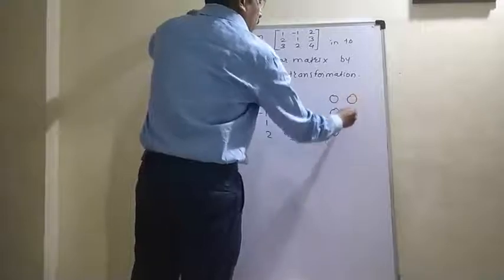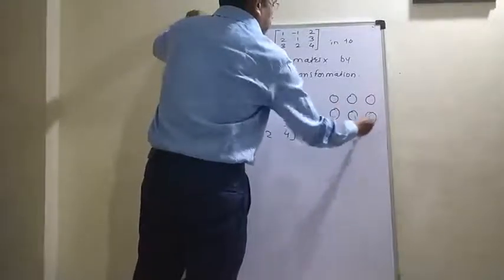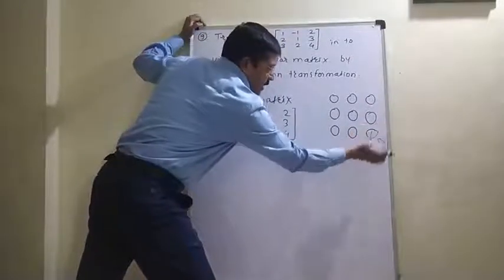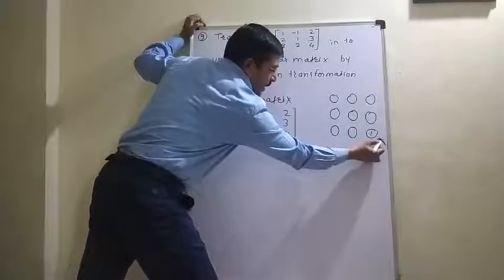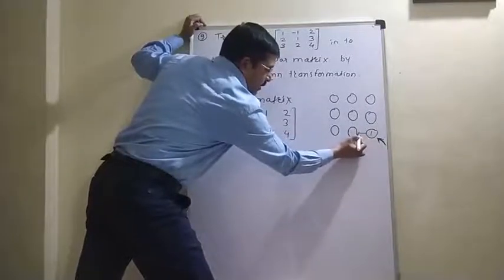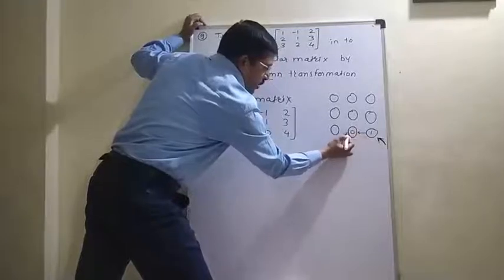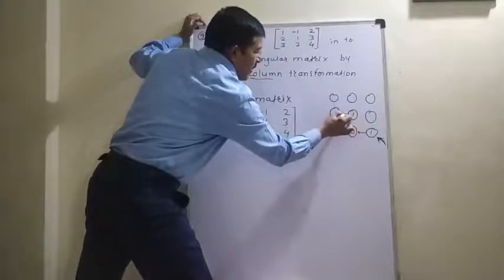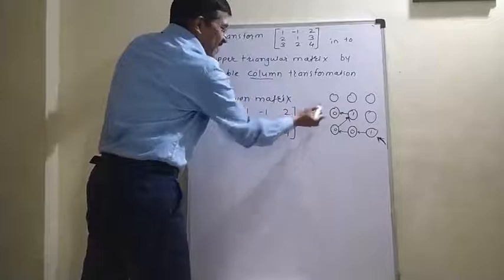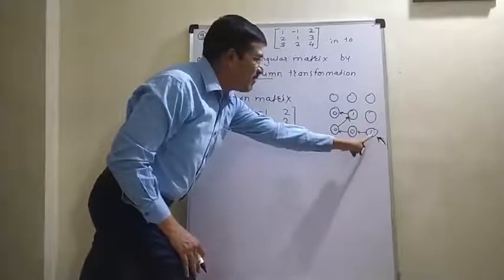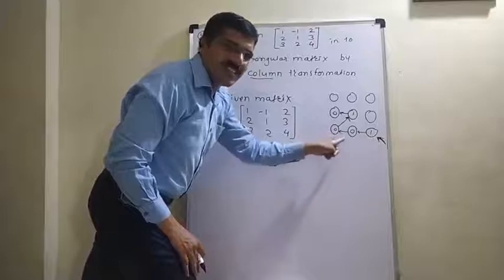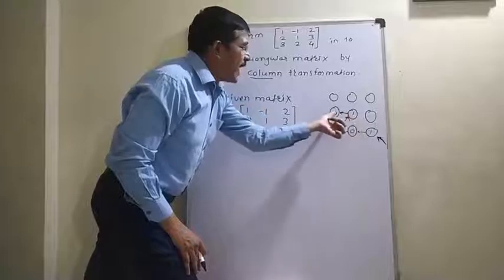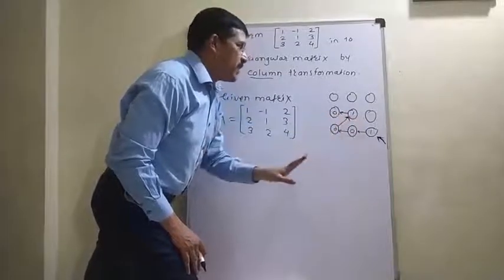For a 3 by 3 matrix with column transformation, you have to enter here. Bring 1 first in this place. When you are using column transformation, you enter here, bring 1, then come here to bring 0, then bring 0 here, and then bring 1 here, and then bring 0 and exit. Here you have to exit. It means first you bring 1 here, then bring 0 in these two places, and then you can bring 1 here. Sometimes you need not bring 1, you get 0 directly, then there is no need to bring 1 in this place.